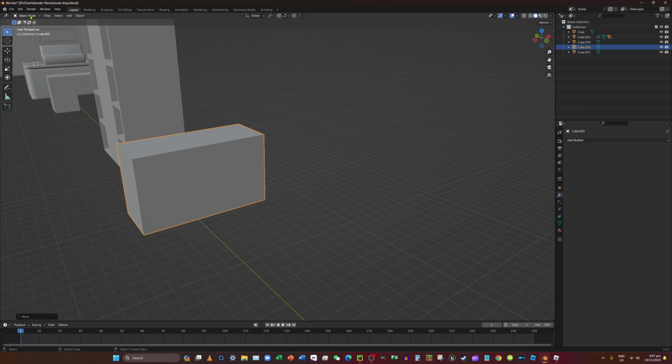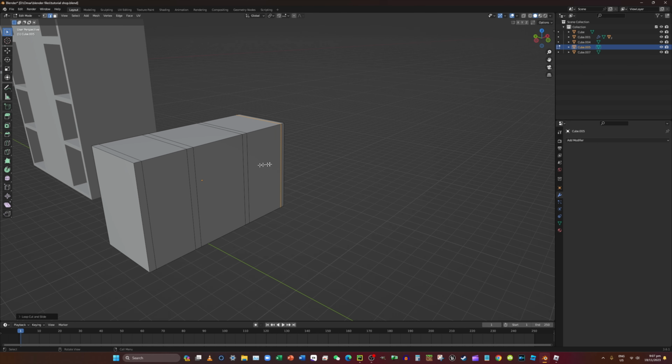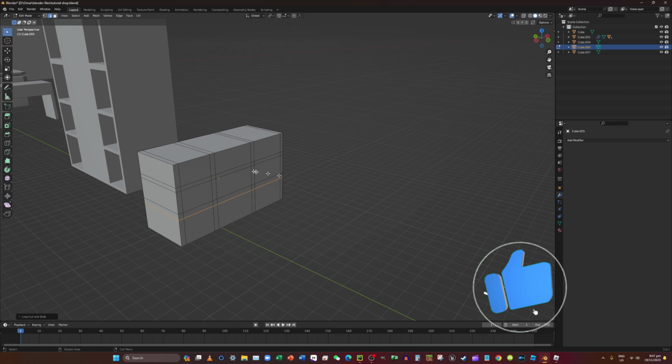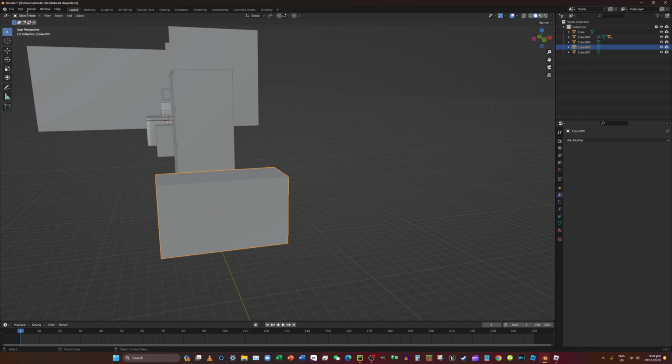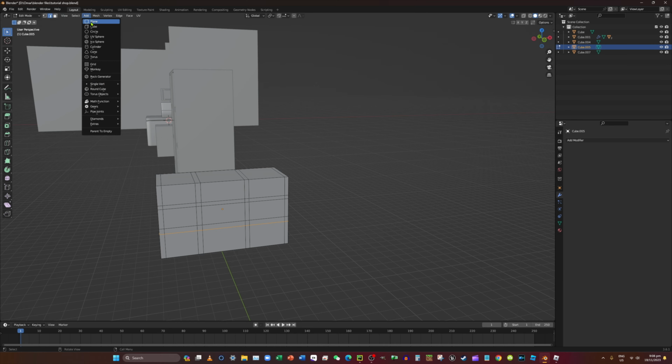this one we can edit mode, Control R. I want to do the same thing. Go like this. Like this, and finally like that. And we want to make one last loop cut here, and then add a loop cut right here, and a loop cut right here, and another loop cut right here, and another loop cut right here. Then what we can do is go out to object, select this, go to edit mode, add